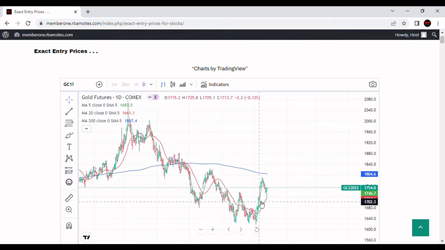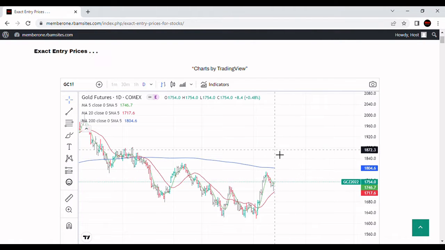We can see that the gold price put in a tremendous rally, came up from $1,618 all the way up here to $1,791. It's just an incredible rally, and you see that it just did not get to the 200-day moving average. So we're still in a bear market in gold. Gold sold off here all the way back down to $1,719 and is running into the 20-day moving average, moving up here.